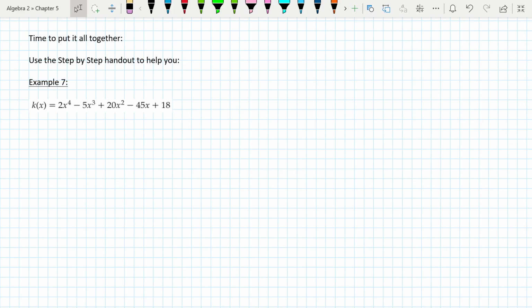Okay, we're going to put all of this stuff together to actually solve the problem we wanted to solve in the very beginning. Find all the roots of the polynomial 2x to the fourth minus 5x cubed plus 20x squared minus 45x plus 18. Now, one thing that I'm going to include on the Google Classroom, if you're seeing this in Google Classroom, or if you're in class, is